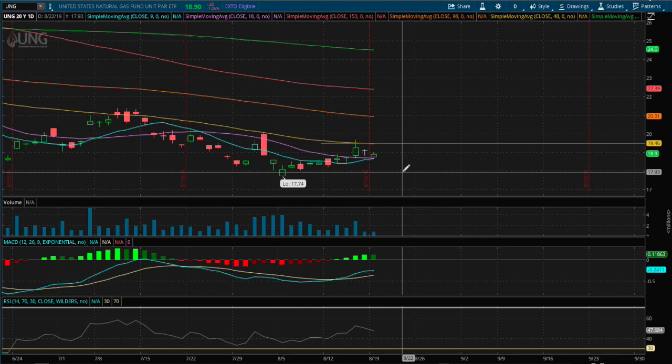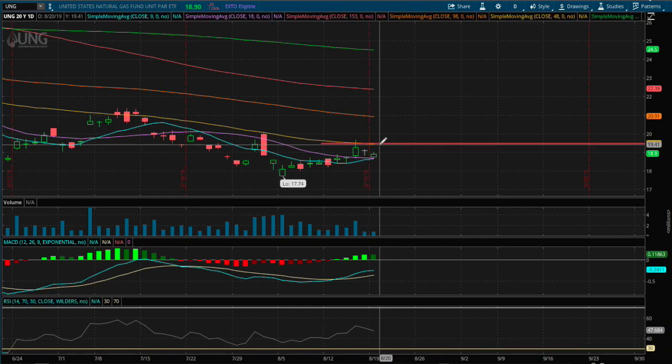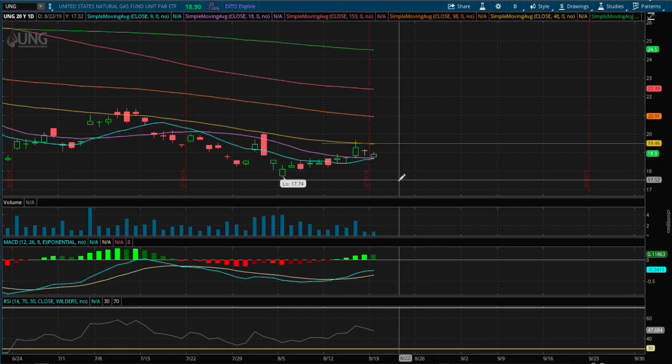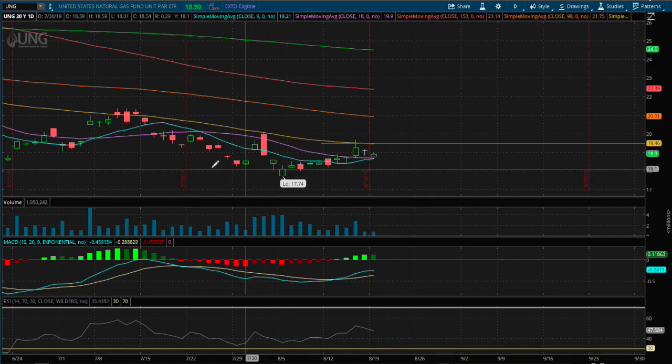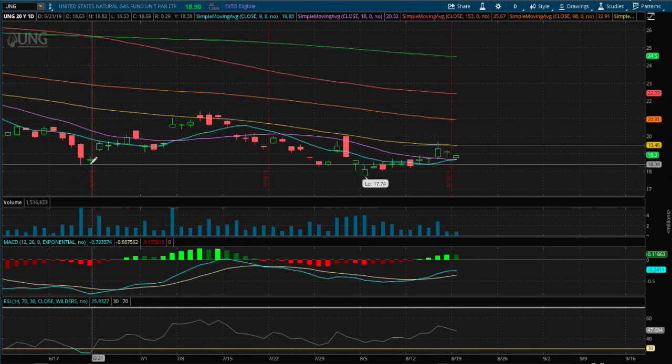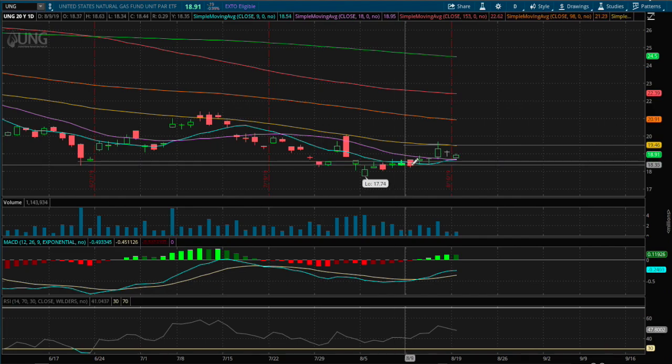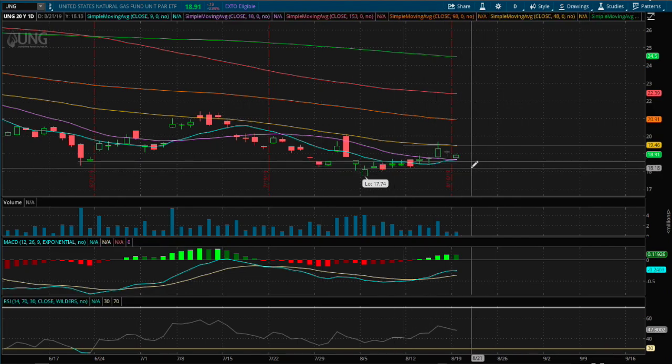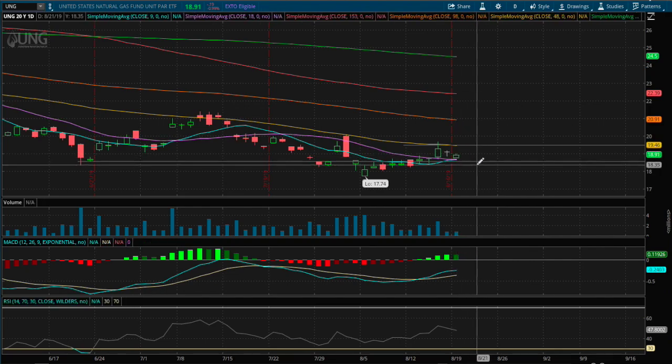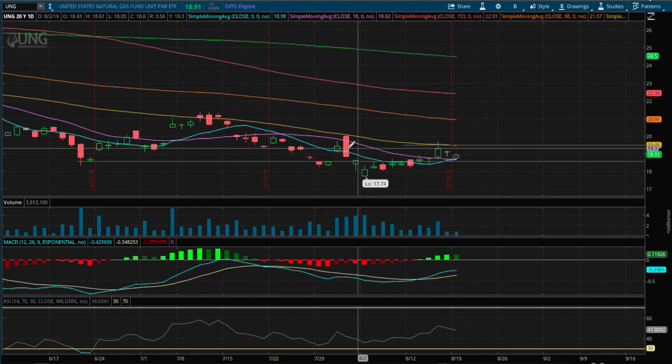$19.50. And as for support, if we do fail to break above it and continue on down, I see a support around the price of $18.50. The reason why is we have price concentration or floor back here, and price concentration in late July and early August. So overall I do see the possibility of sideways price action. So let's head to the forecast model.